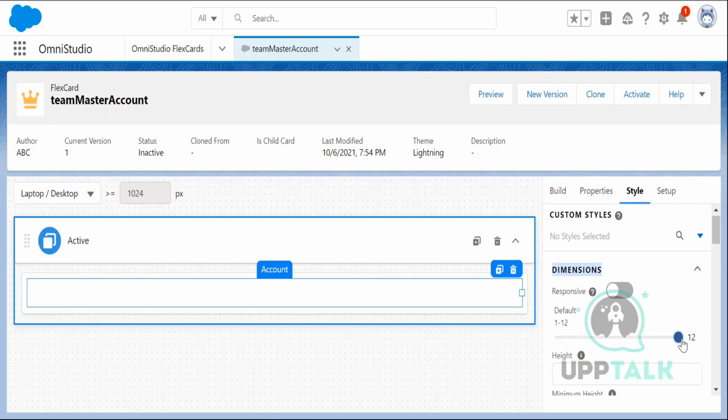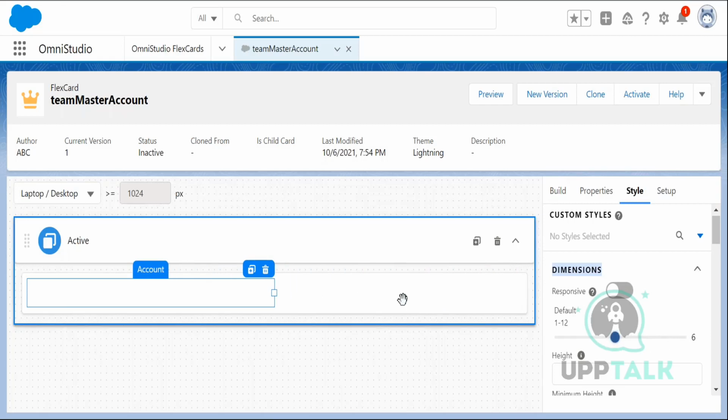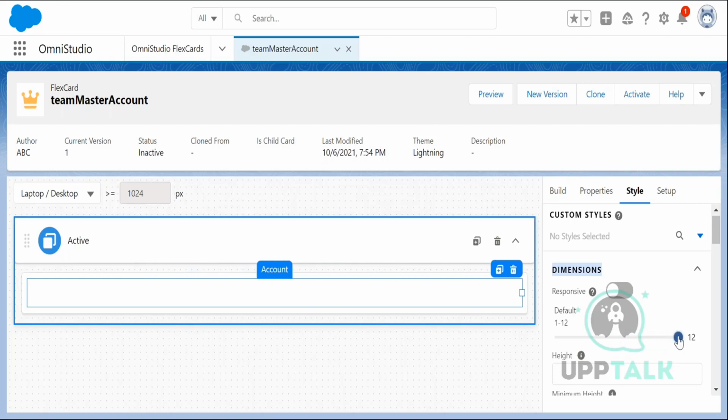Here it uses a 12 column space. If I reduce, let's say if my card should be, okay, I want to add two blocks in the same card, we can add that. Here I'm not only doing it for laptop or something. I want responsive